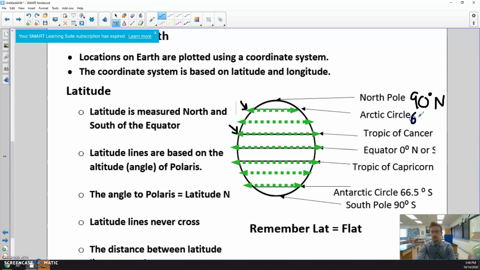Arctic Circle is 66.5 degrees north. Tropic of Cancer is 23.5 degrees north. Tropic of Capricorn is 23.5 degrees south, and then Antarctic Circle 66.5 south, South Pole 90 south. Remember, this is all from eCert page 4. So if you can't remember this stuff, it's okay. You just got to remember where to look, and that's eCert page